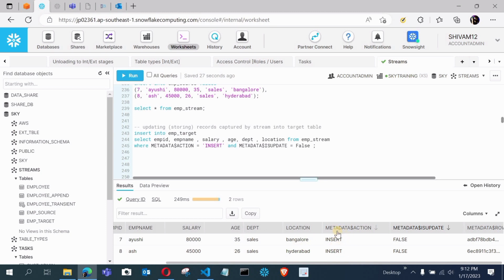For delete, the metadata action will be delete, and for update also the metadata action will be delete and metadata is update will be true.